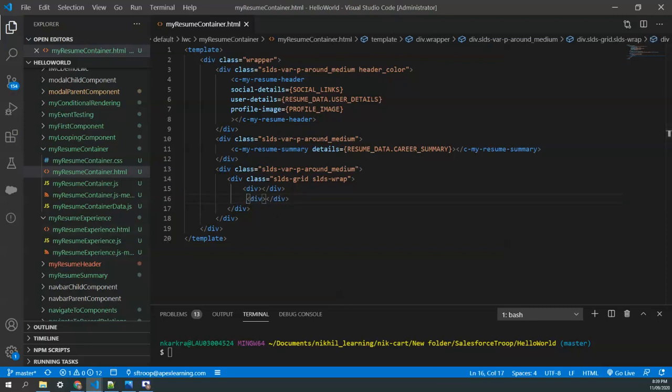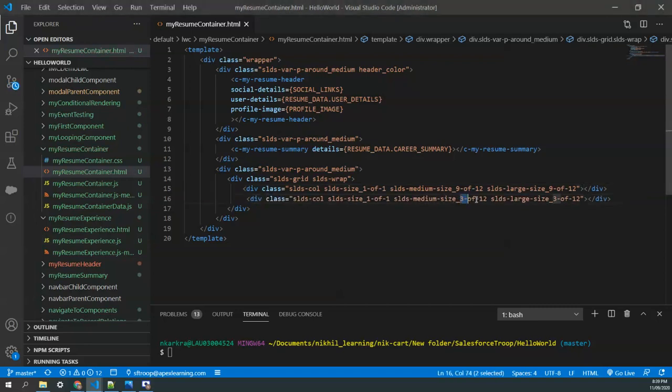So to the first div, we're going to add the 9 column class. The 9 column class is like, if it's mobile, take the full width. If it's tablet or desktop, take 9 columns out of 12. Similarly, we're going to do the 3 column grid for the second div. We are saying take 3 out of 12 if it's tablet or large. If it's mobile, take the full width. Okay. So I'll just give the text here, other section,